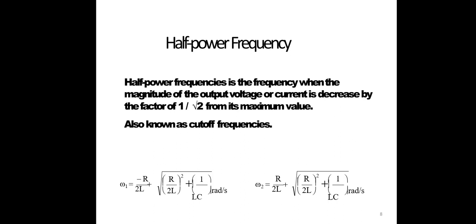So according to that, the lower frequency omega 1 is indicated by minus R by 2L plus under root of (R by 2L) whole square plus 1 by LC. If you take the upper frequency, which has a positive sign, it is R by 2L plus under root of (R by 2L) whole square plus 1 by LC. So these omega 1 and omega 2 are the lower and upper 3 dB frequencies, which are expressed here in terms of the elements R, L and C in relation with the frequencies.